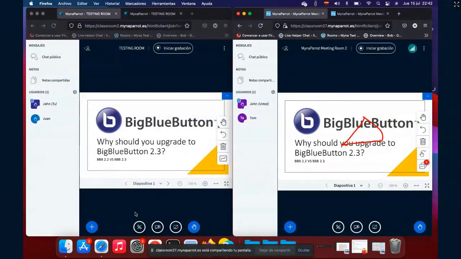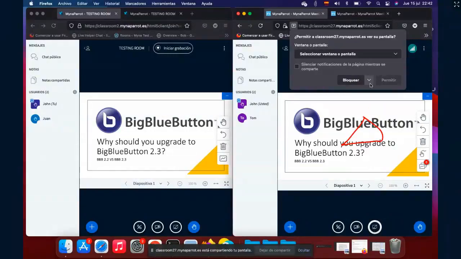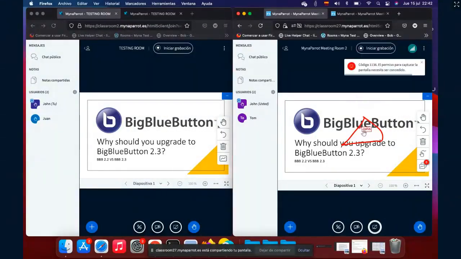Another feature I'm trying to share with you is that in BigBlueButton 2.3, they have made something advanced with the camera. Okay, now I'm going to open the camera. Oh, sorry, this is share the screen.